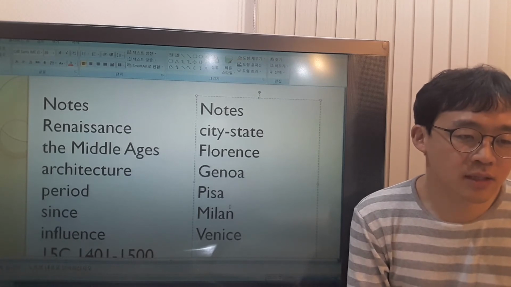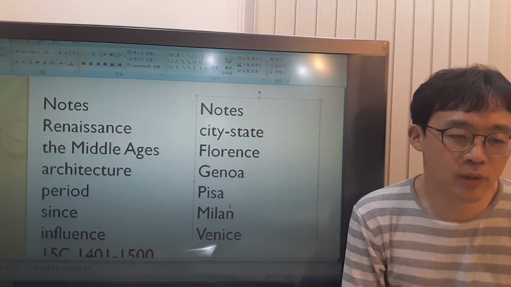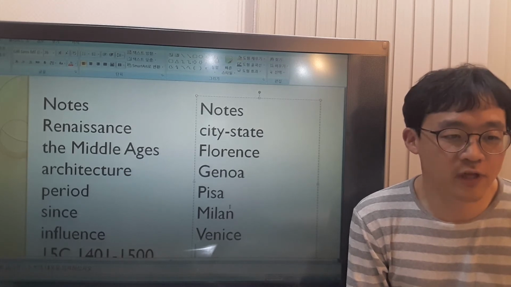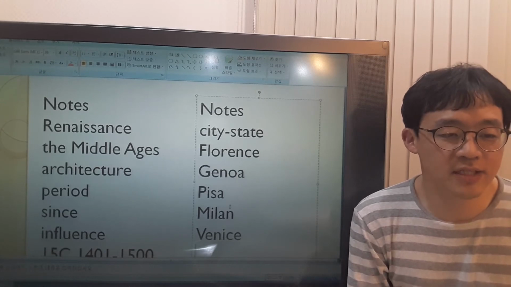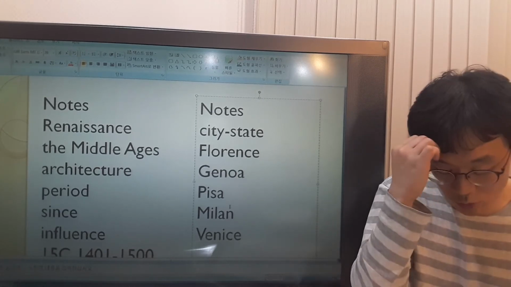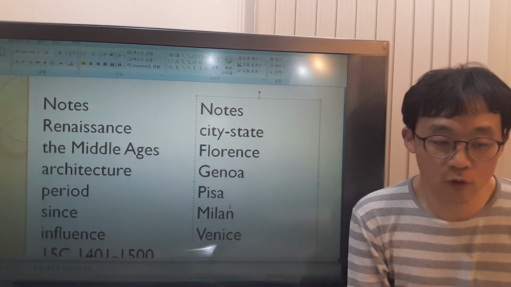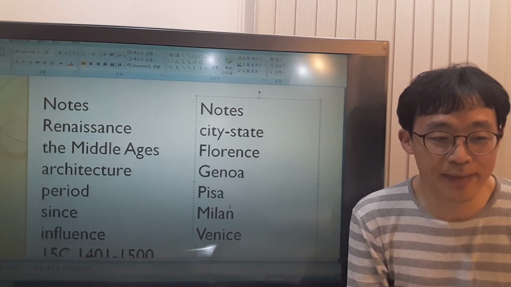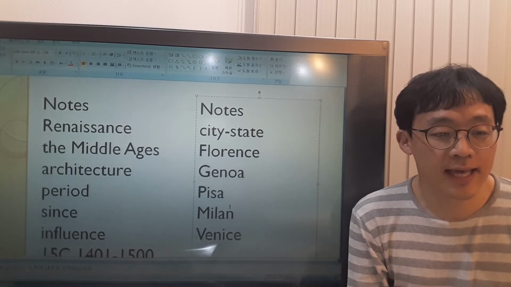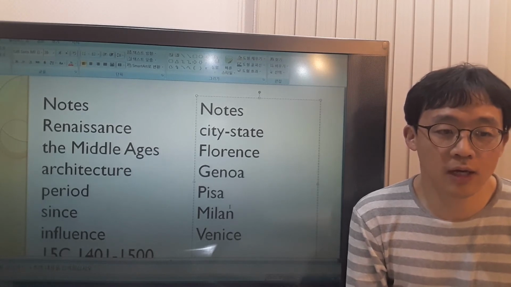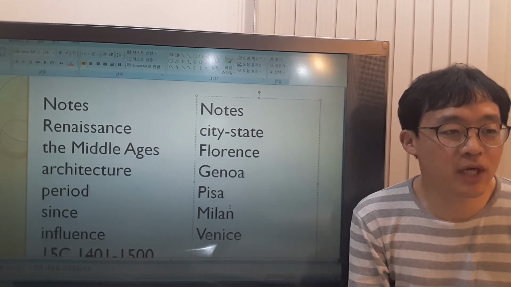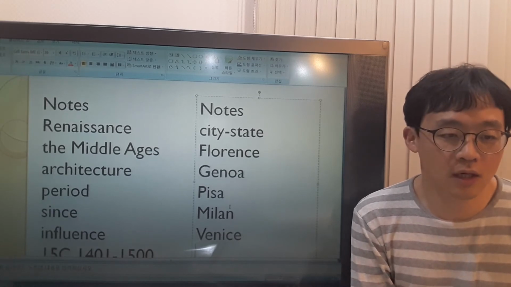Milan, okay? This was also a center of the Italian Renaissance, okay? The center city. And Venice is a city which was also known for its great commercial and maritime power. Do you understand? And this city was formed on many islands, okay? And the mudflat of the lagoon of Venice.